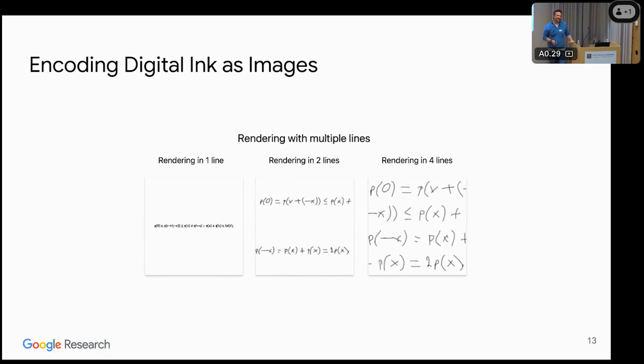And then you think you're done. This is a simple problem, but in our field, nothing is ever simple. So then you can say, okay, but how do I render this in an image? Do I cut it? Do I do multiple images? Do I put everything in one line? Do I render in two lines? Do I zoom in? So again, there are a lot of different options for how we convert this handwritten text into an image such that we can feed it into, for example, a PaLI-like model.